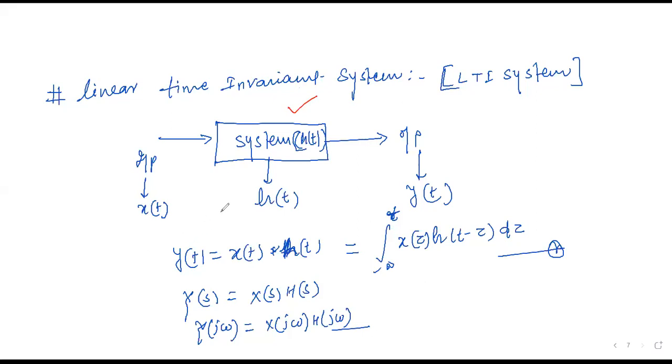So impulse response, it means what? If your input is an impulse function, then the output is said to be the impulse response. If input is unit step, then it is said to be unit step response. If input is parabolic, then parabolic response. If your input is a ramp function, then it is said to be ramp response. So the output response depends on different types of input combinations.